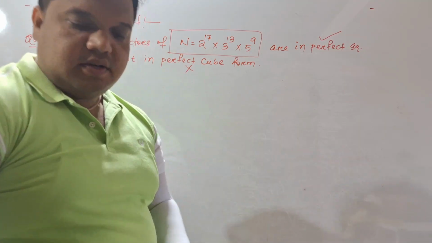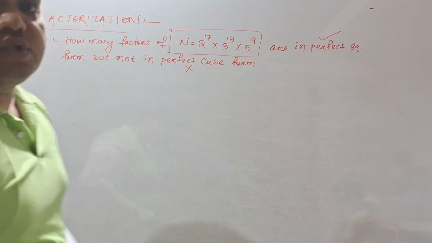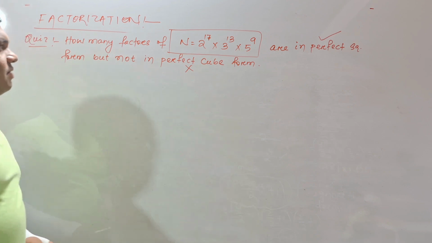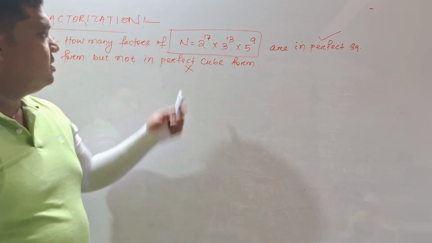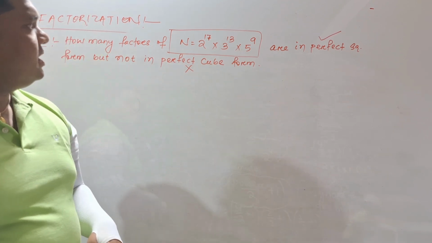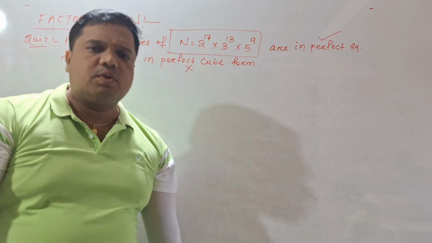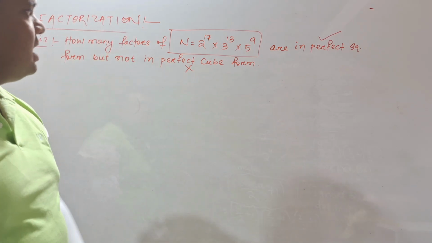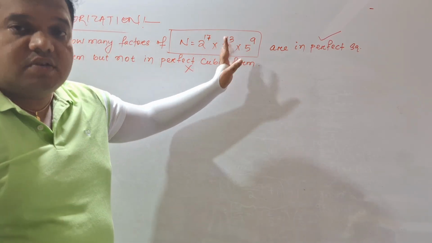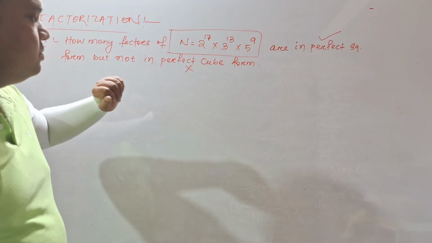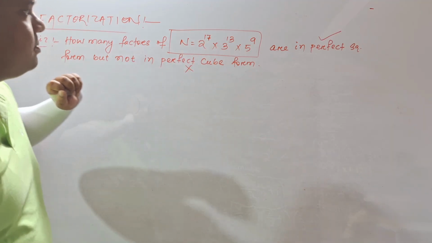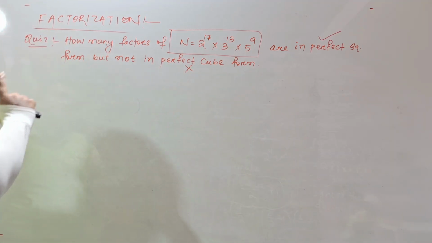So first think about this question. How many factors of n is equal to 2 to the power 17 into 3 to the power 13 into 5 to the power 9, whatever they provide, and this is the prime factorization form, so one step is easy for you, and this is a big number, okay,